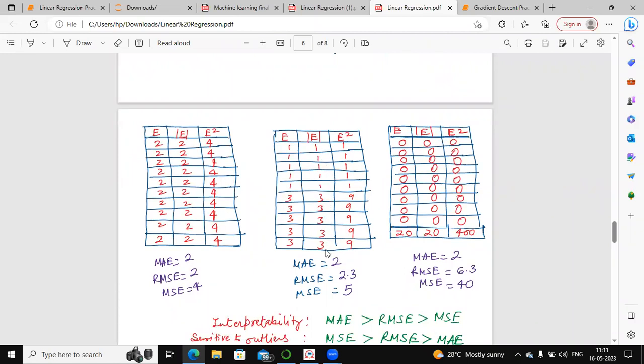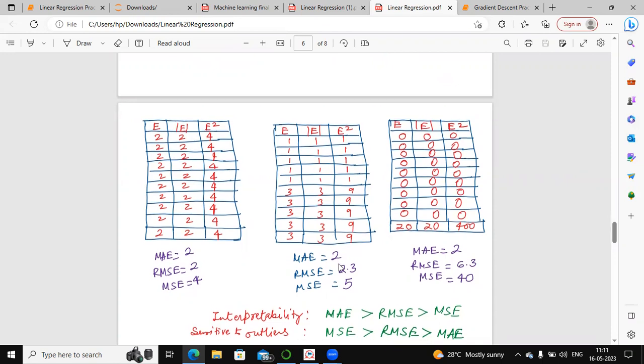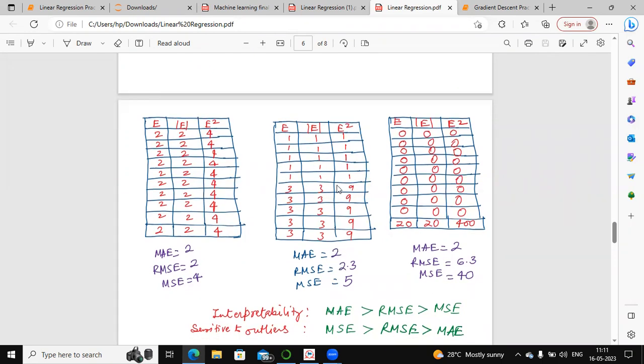Similarly, when you compute over here, you will get 1 plus 1 plus 1 plus 1 plus 1 plus 1 plus 1 plus 1, plus 3, 3, 3, 3, 3, 6, 9, 12, 15 plus 5, 20. 20 divided by 10, you will get mean absolute error is 2. But your mean square error comes out to be 9 5 is 45 plus 5, 50. 50 divided by 10, 5. Mean square error is 5,